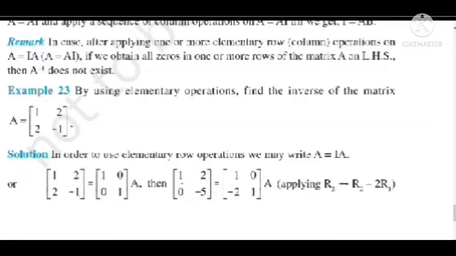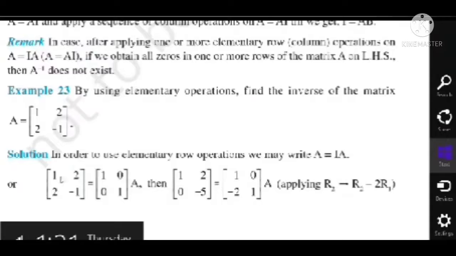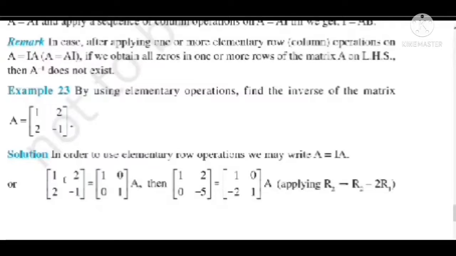Okay. So here we are taking the operation R2 goes to R2 minus 2 R1. We are changing the second row of each and every term for both the matrices. So how is R2 changing? R2 minus 2 into R1. We have to multiply each and every element in the first row by 2. If you multiply 2 here, what will be the element? 2, and here you will get 4.